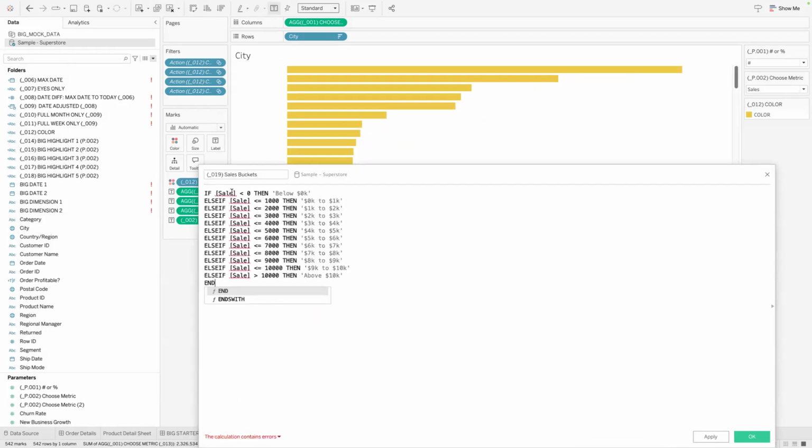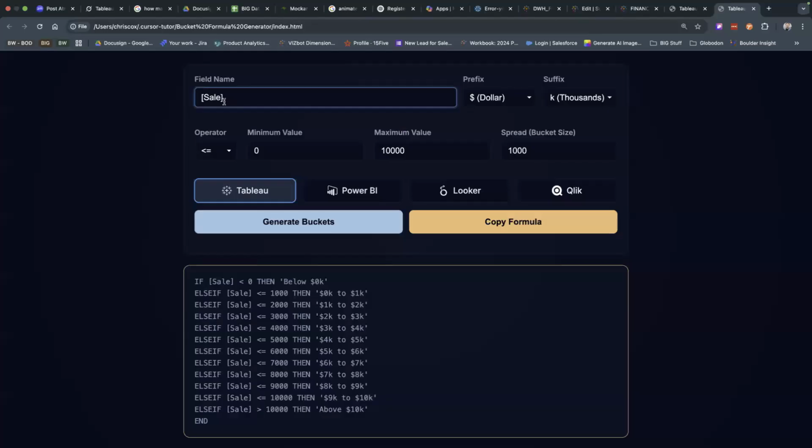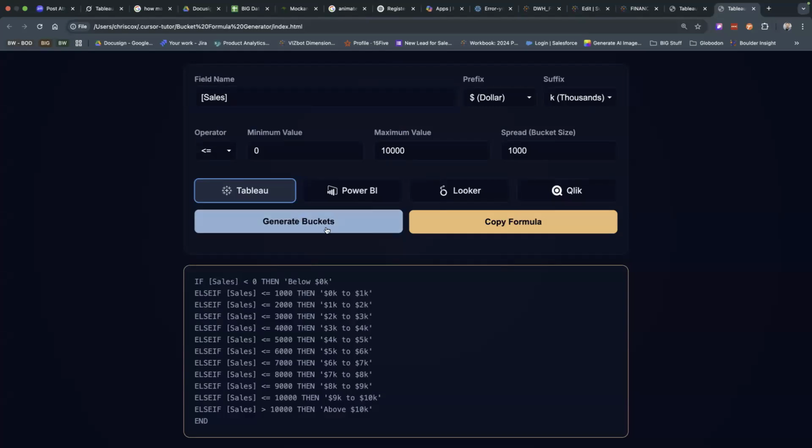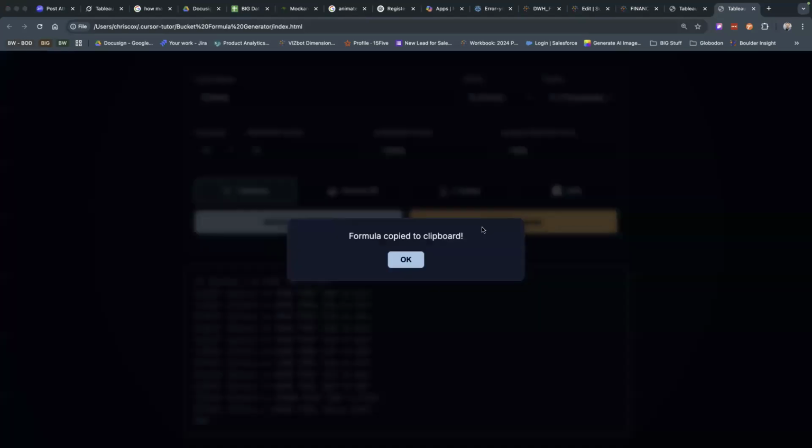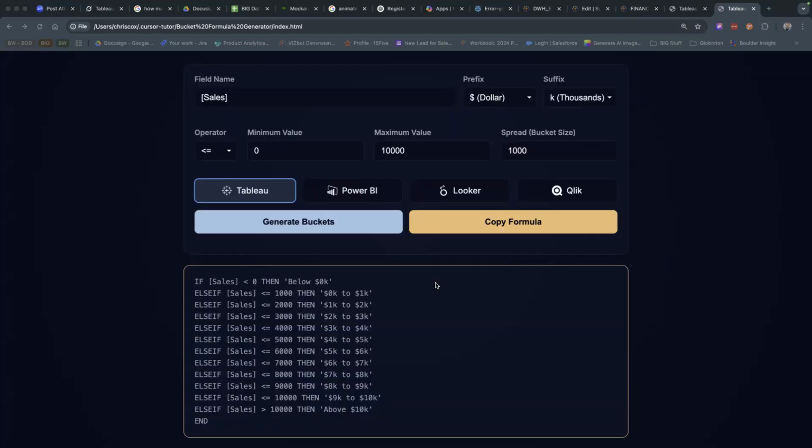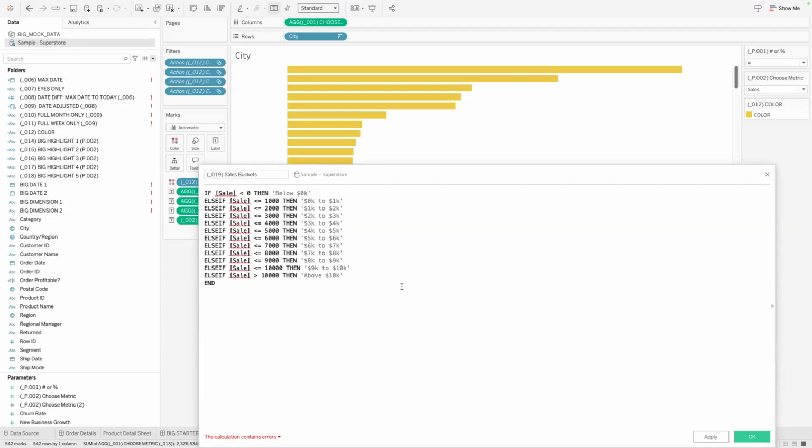Oh, I didn't put sales, but sale. So I'll go back and fix that: sales, generate buckets, copy formula, and paste. There we go. Now that's done for me.